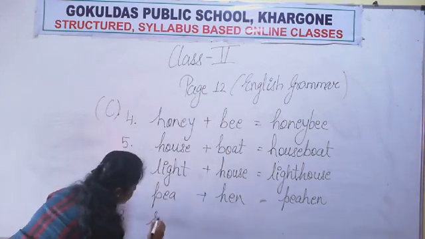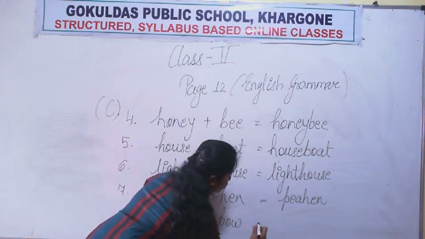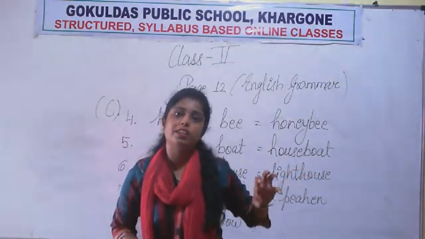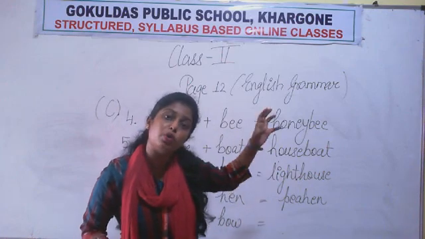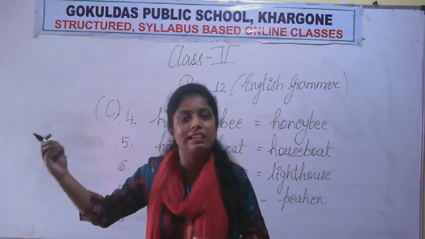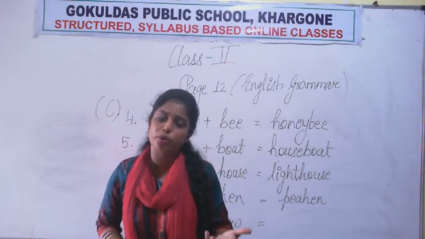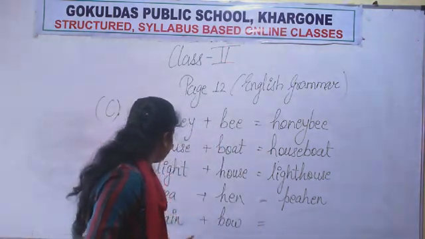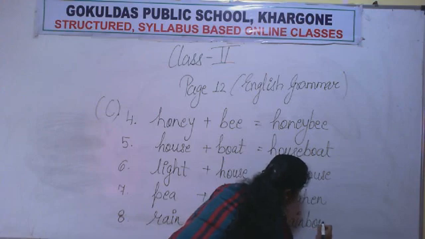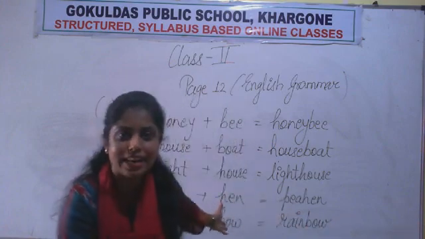So the first picture is of rain, and the second picture is of a bow, B-O-W. Do it in the book only. I am telling you again and again. Some people send me the book work, and some people do the book work in the notebook also. So don't do this. Unless I say so, book things stay in the book. We will write the notebook things in the notebook. I will tell you what to write and what not to. So rain plus bow, what will it become? Rainbow. Now this question is over. Please write it fast.